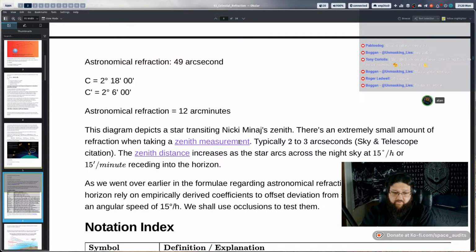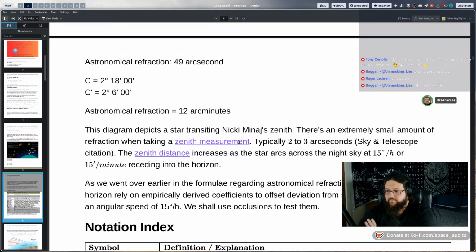And what we determined was that it's nowhere near what is needed to validate what the globe says, and that it's not possible for it to be affected by terrestrial refraction, because one of the measurements we have at Mount Rosa, the astronomical refraction factor was only 30 arc seconds, and the terrestrial refraction was 2 arc minutes. So if terrestrial refraction played any role in the occlusion timings, then the measurement couldn't have been off by 30 arc seconds. It would have been off by at least 2 arc minutes, and then some other factor of the astronomical, which would have been the remaining 30, although we wouldn't have really known that at the time.